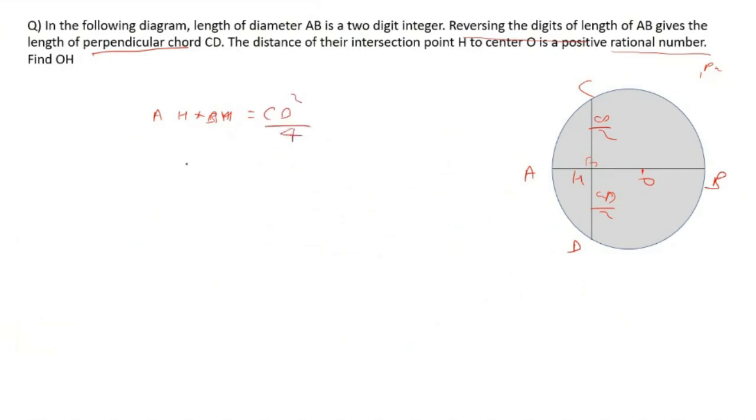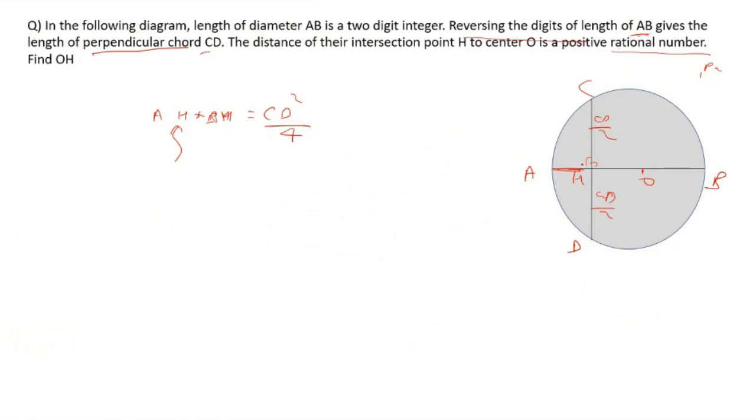second theorem. Similarly, if I write it here, this one, but would it be beneficial for me to write it here? It would give me AH into HP, but I don't know either of these. I don't even know the radius of it. So there's no number I can get from it. But what I can do is use this equation and write AH as, I want to finally get something in terms of AB and CD so that I can apply this principle of reversing the digits,